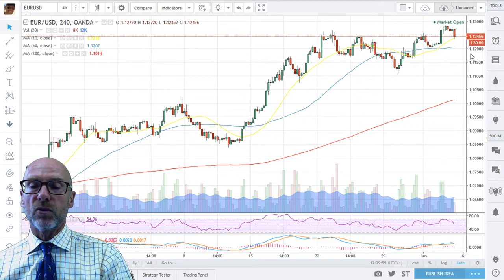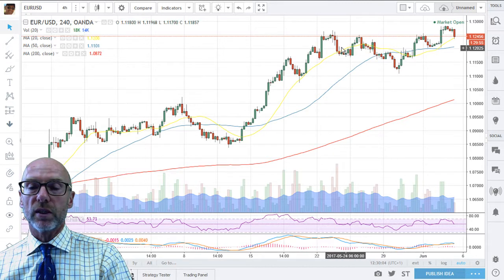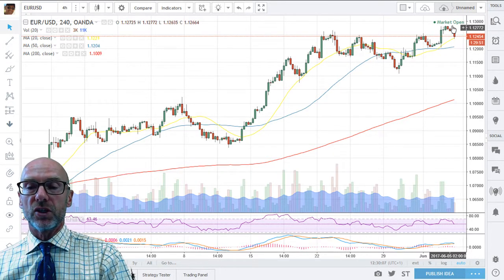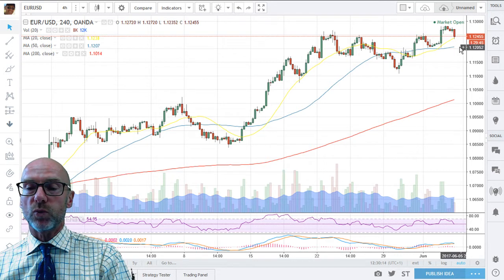What we did have also potentially is a false break on a reverse head and shoulders: left shoulder, head, right shoulder, break. It turned out to be a false break, and so the key support would be the 50-period average, which needs to be watched at 112.07. A break below there breaks that picture, and then we could be testing the supports around